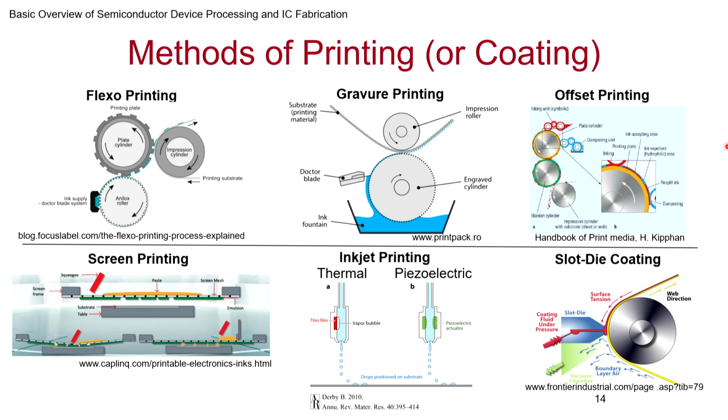Typically in all this, different methods will have different types of ink. As you can imagine, screen printing will have something like toothpaste, right? Viscosity will be very, very high. You have to press it and it goes through the openings in the screen and gets printed. On the other hand, something like slot die or gravure will be like honey, right? It will just stick to it. And then you will have inkjet, which has to be more watery because it has to flow. So you actually play with the viscosity and the solvent and all, and you are able to develop the ink. We'll touch upon that a little later in a couple of minutes.